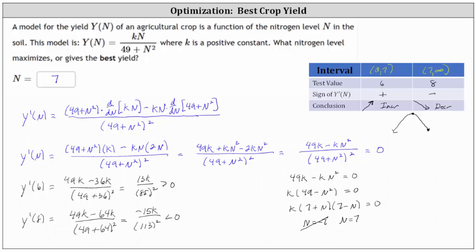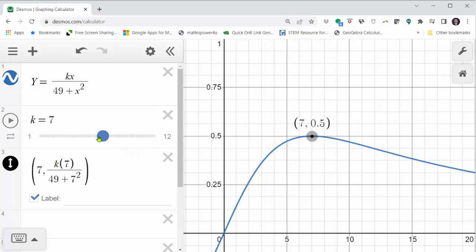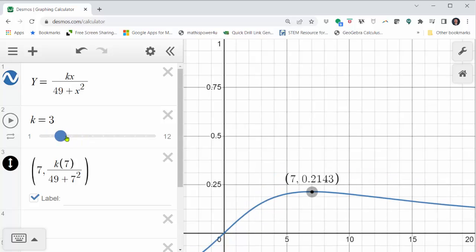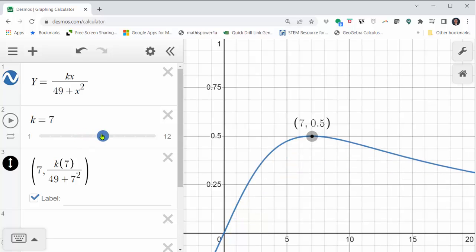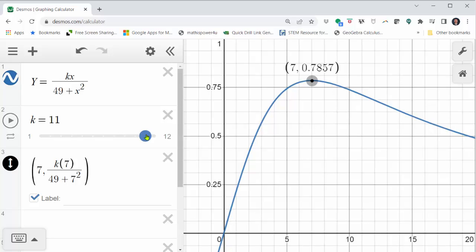Before we go, let's verify our result by graphing Y(n). Here I'm using Desmos to graph Y(n), but I did replace n with x, so we have y equals kx divided by the quantity 49 plus x squared, and I created a slider here for k. If we look at the graph on the right, notice how we do have a maximum at x equals 7, which is really n equals 7, and as we change the value of k, notice how the location, or the nitrogen level, that maximizes the yield does not change. So this graph does verify n equals 7, or a nitrogen level of 7, will